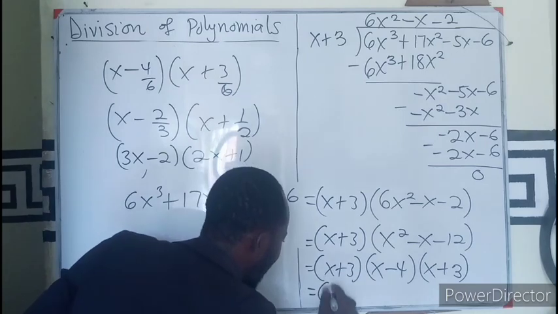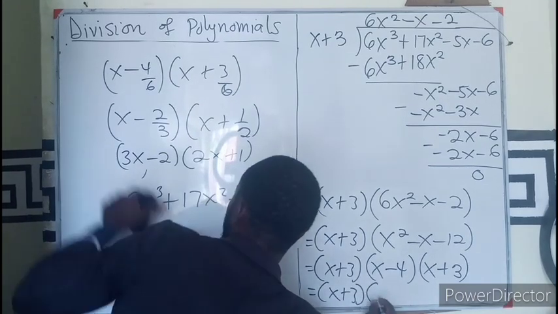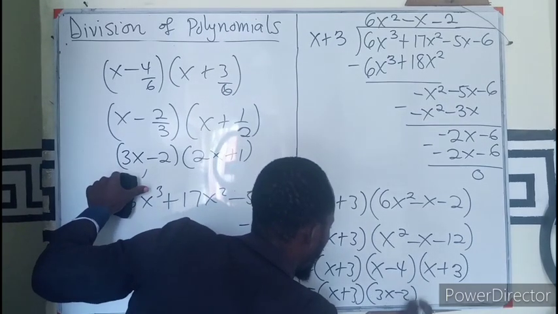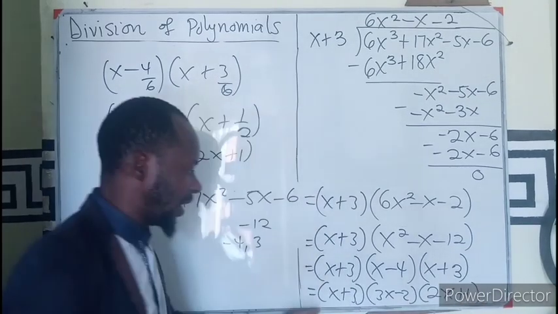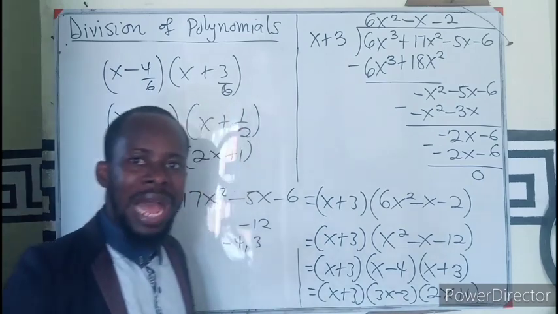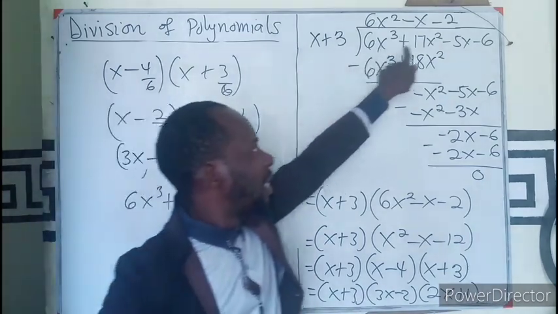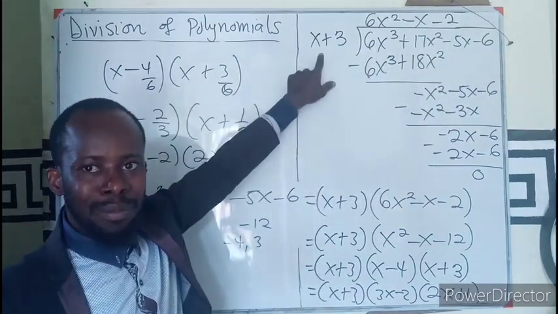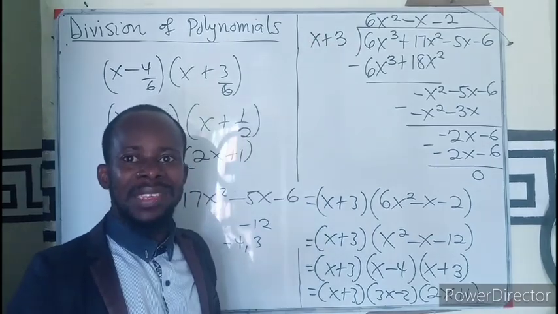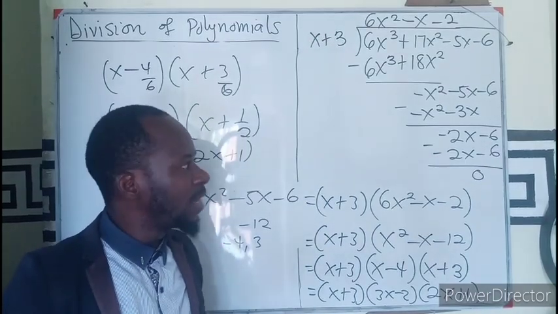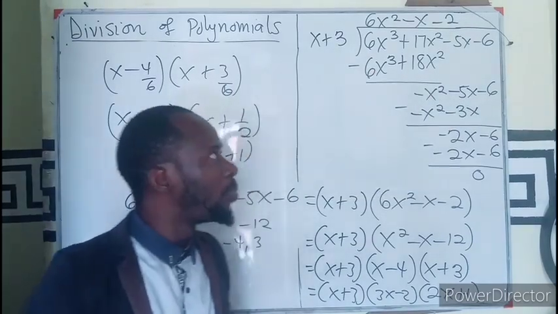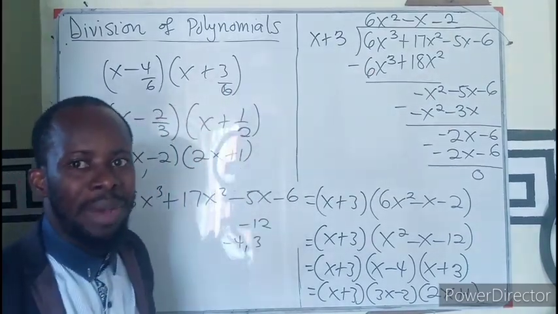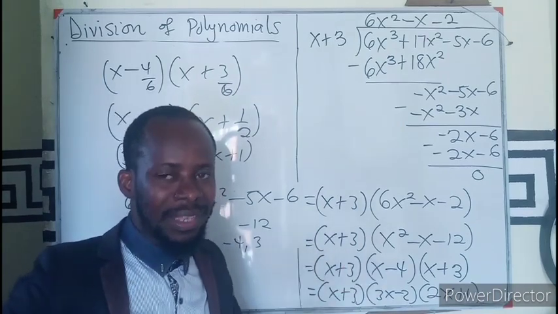So our answer is going to be first 3x minus 2, second 2x plus what? 1. So this is our actual answer if we are to divide this function by this, meaning x plus 3 is a factor. x plus 3 is a factor of 6x cubed plus 17x squared minus 5x minus 6,